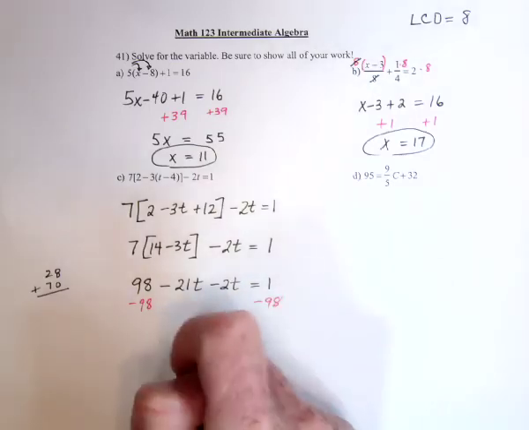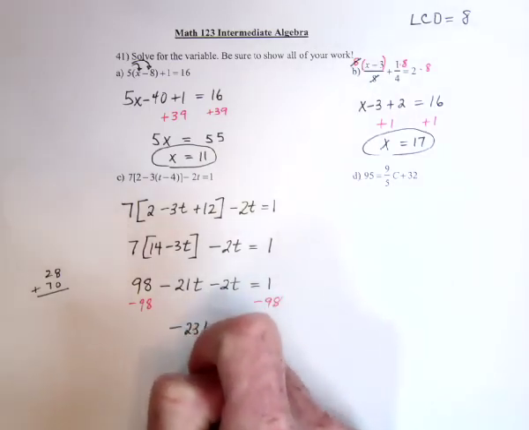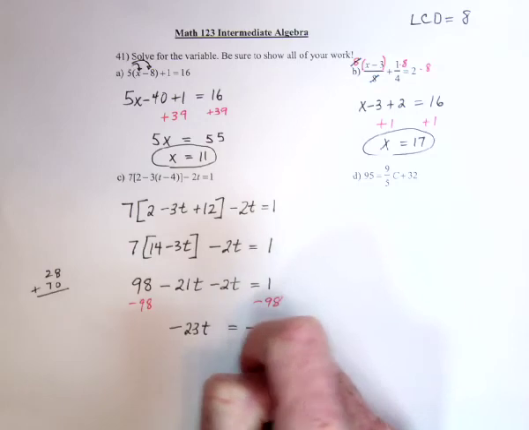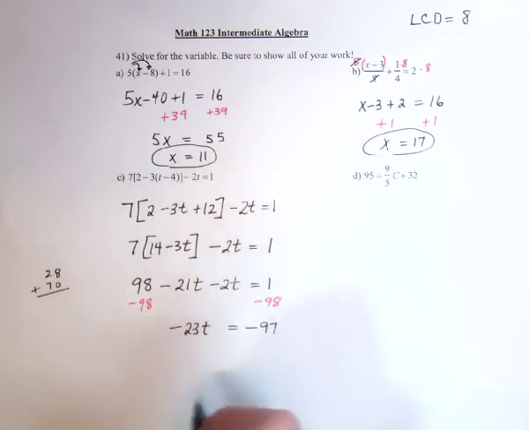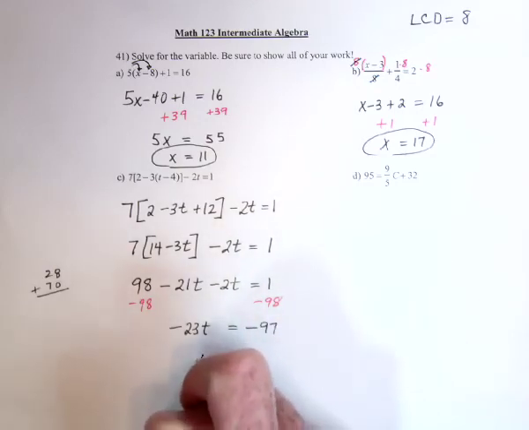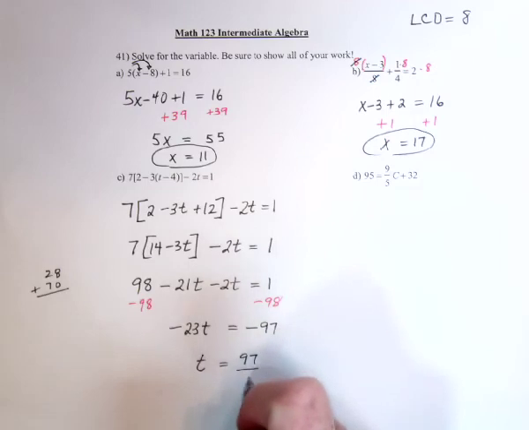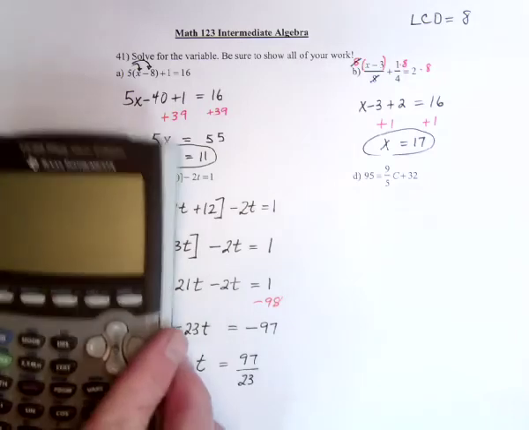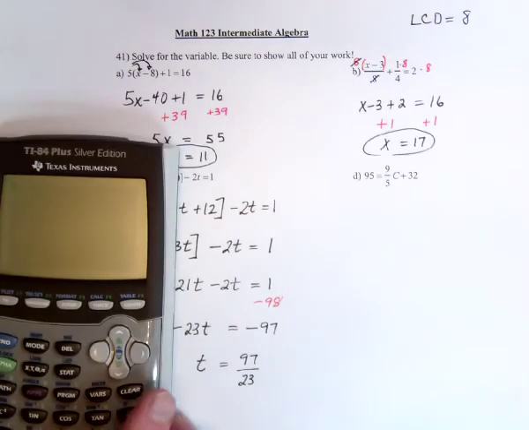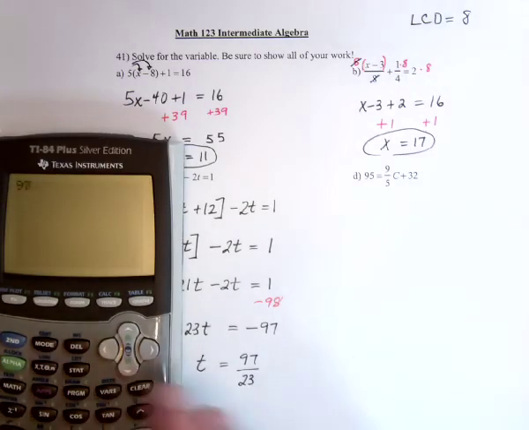Combine these, it's negative 23t. This is going to be negative 97. And then just divide both sides by negative 23, and the negatives are going to cancel. We get 97 over 23. And then we need to see if we could reduce. So can 97 be divided by 23? Well, 23 is a prime number, so the only question is, does 23 divide into 97? 97 divided by 23